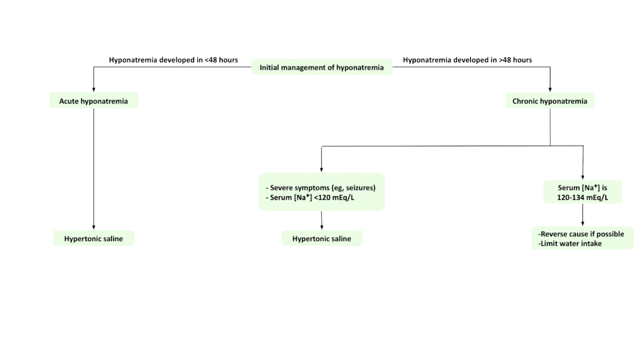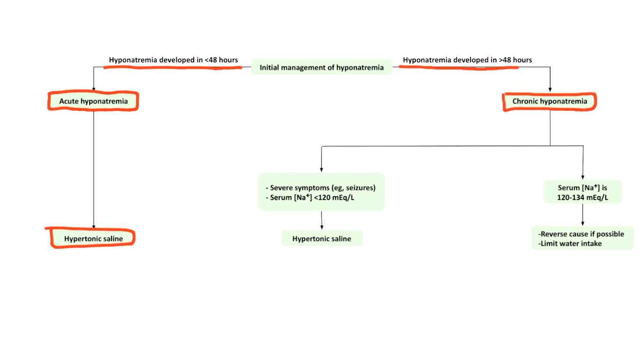To discuss management of hyponatremia in SIADH, we'll also use our algorithm from our lecture on sodium disturbances. The initial management depends on whether the hyponatremia is acute or chronic. If it's acute, meaning that the symptoms developed in the last 48 hours, hypertonic saline should be administered. If the hyponatremia is chronic, meaning that the symptoms have been present for more than 48 hours, we assess the